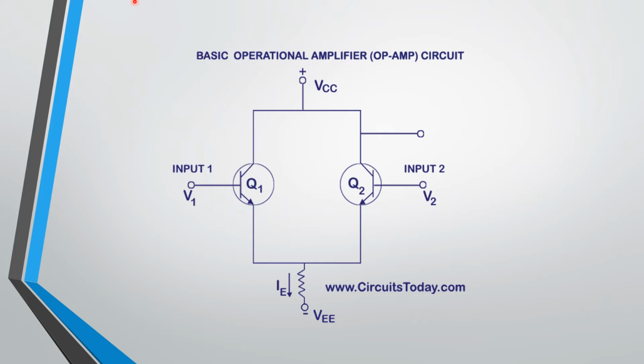In case a differential amplifier uses only one supply, that is plus VCC, and the negative terminal is connected to the ground potential, then the input is applied to the base terminal of, say, transistor Q1. Now in that case, what will happen? When a single source is connected, the base of transistor Q1, that is input, gets grounded through the signal source, and this changes the operating point of transistor.